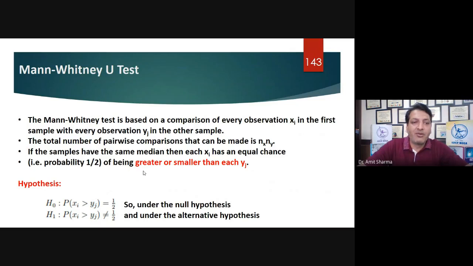That means the patient can go anywhere. You are not decided at the beginning that the patient is going to the medical ward or the surgical ward. They can go to any. So the probability of half, of visiting ward number one or ward number two, is equal for both. And we can assume that the waiting time in the first group can be higher, or the waiting time in the second group can be lower. So what does the null hypothesis say?